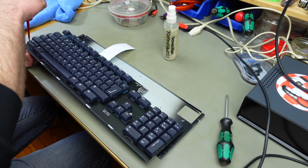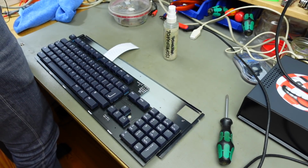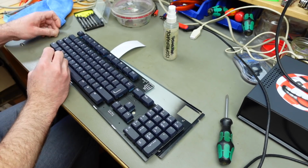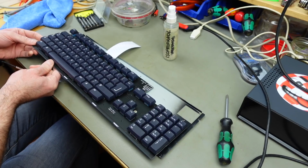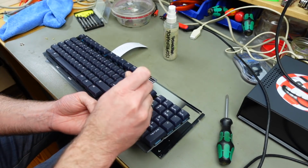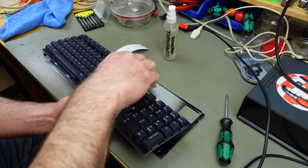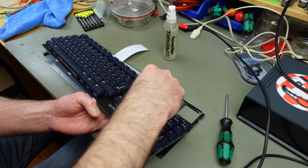Oh, and I actually need a smaller screwdriver. These are really small flatheads, but these are like golden. I guess part of it is the looks, part of the whole experience. So that's pretty nice. I mean, it's a nice looking keyboard. Yeah, these are not screwed in very tightly. I can just hold the nut with my finger from the other side